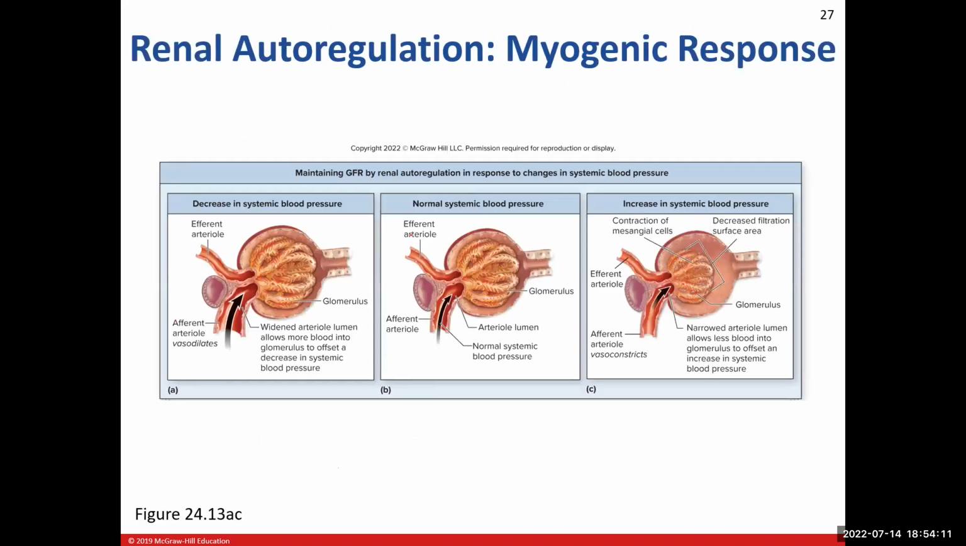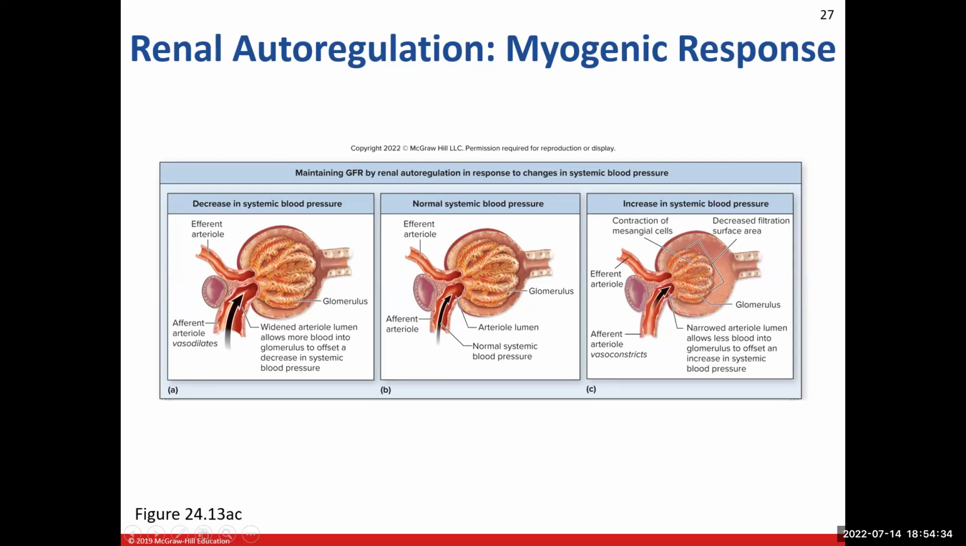So that's what we're seeing here in these pictures. They're showing us what's going on. In the middle here, this is our normal systemic blood pressure. Everything's good. You're just sitting, actually, this is what's happening now, you're sitting there listening to me. Blood's flowing through at a normal, nice, consistent rate of filtration,